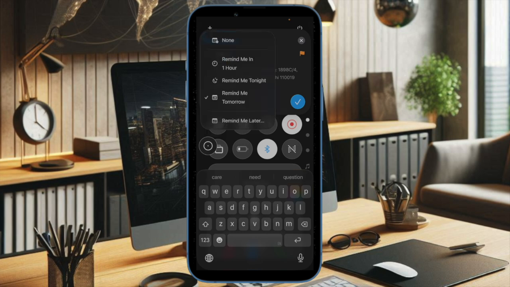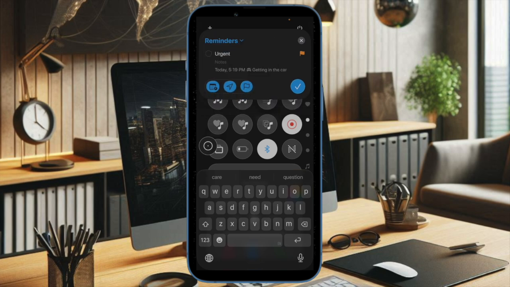And that's about it. So that's how you can easily create a reminder right from your iPhone's control center in iOS 26 or later. Now that you have unlocked this super handy feature,